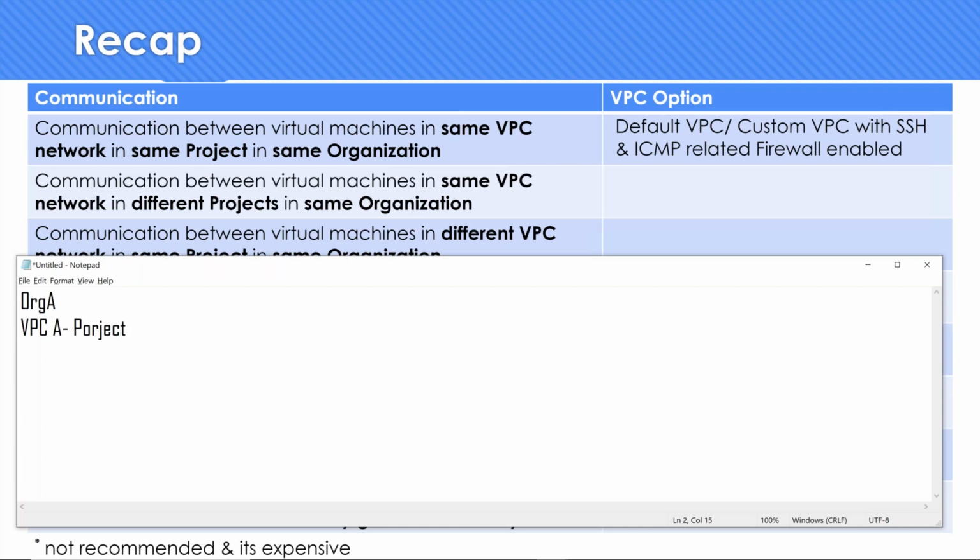Anil Kumar, Anil B, Mangesh got it. So I have a VPC in a project called project A, but there is a VM1 in project B, and a VM2 in project C. VM1 and VM2 need to interact. What will you use? What is the option? That is what has been asked in a very simplistic one-liner. Only 3 of you got it. Others? Communication between VMs in the same VPC network, but these VMs are in different projects, but they fall under the same organization. So the answer is